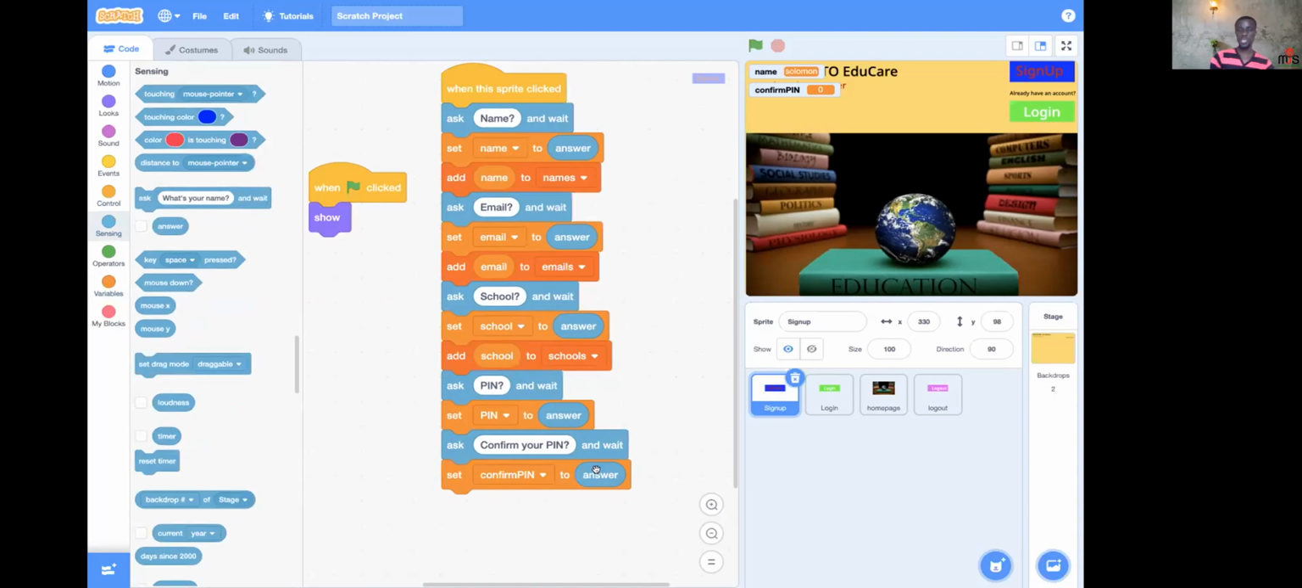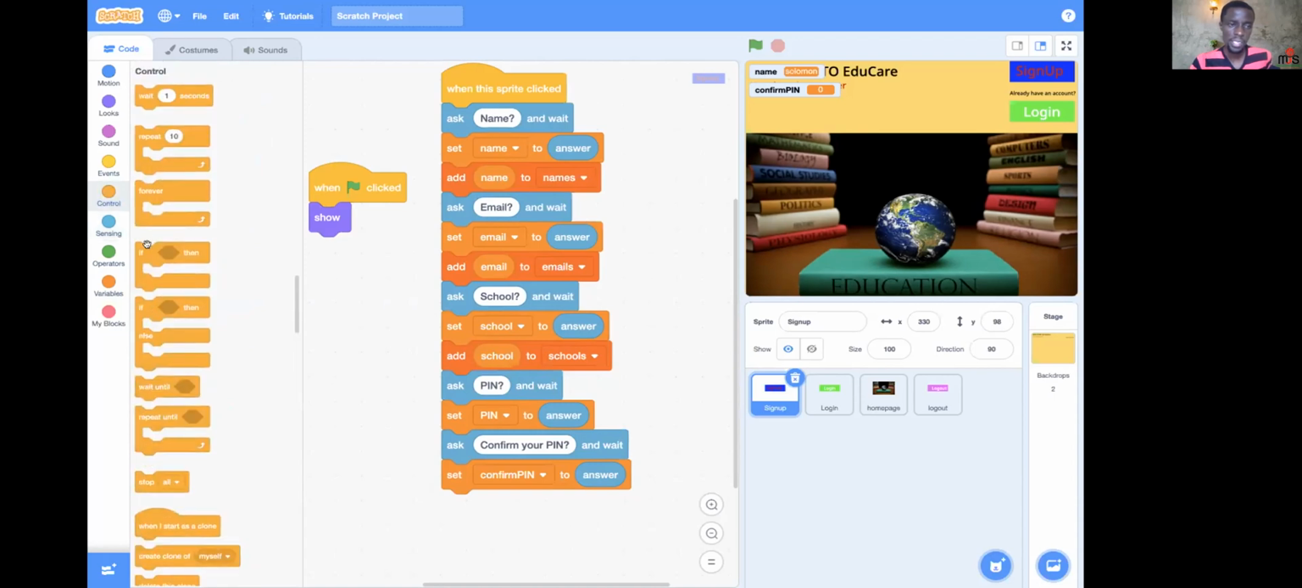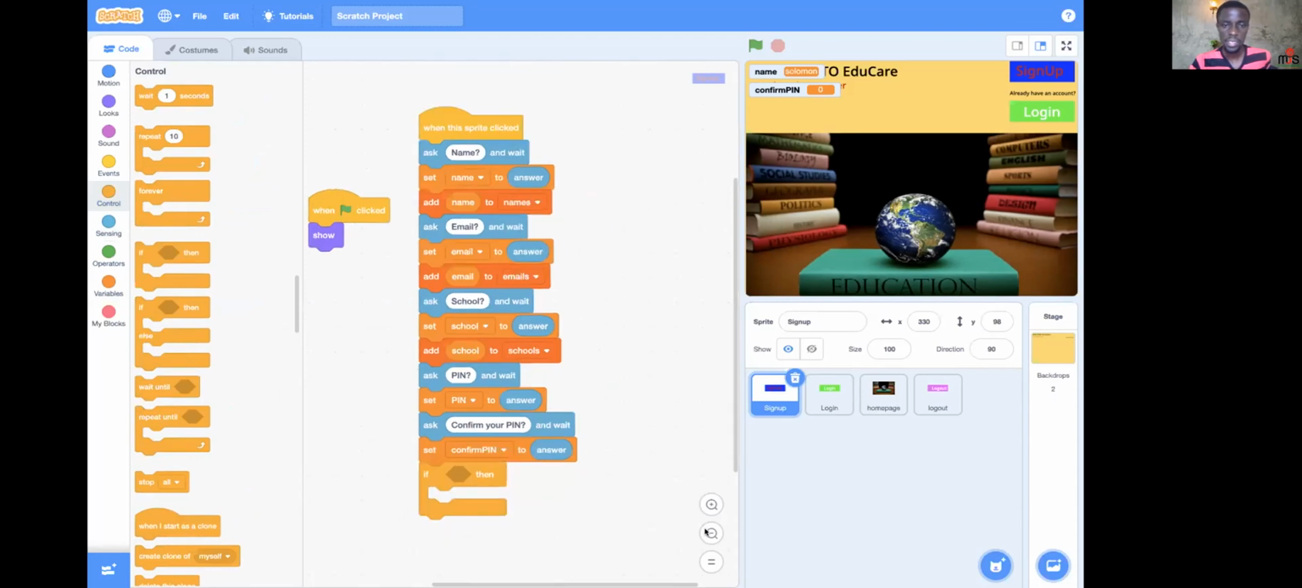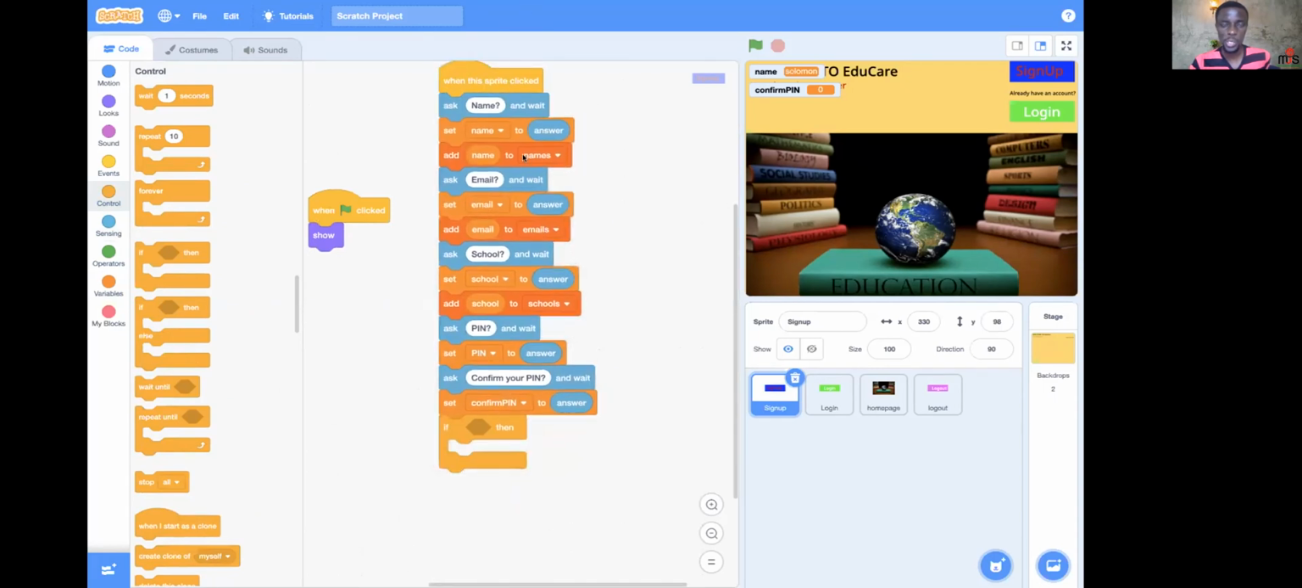Now here you bring an if and say if. See, now the coding has started. This is where the fun is going to be, though it may be challenging. So if you get the equal signs here,